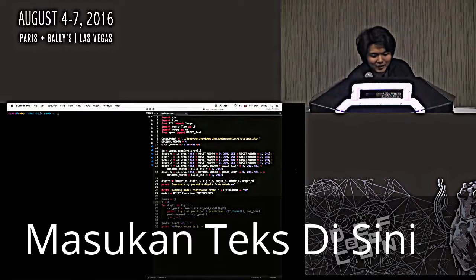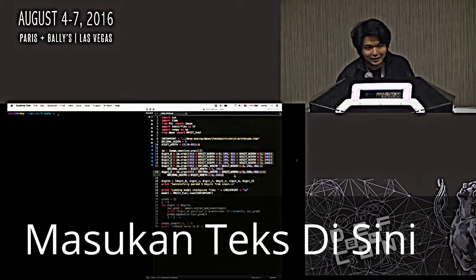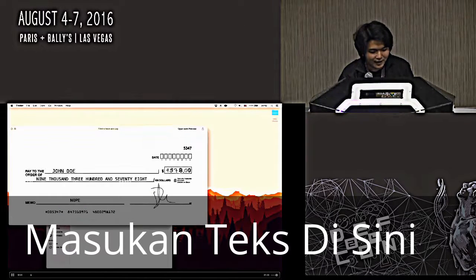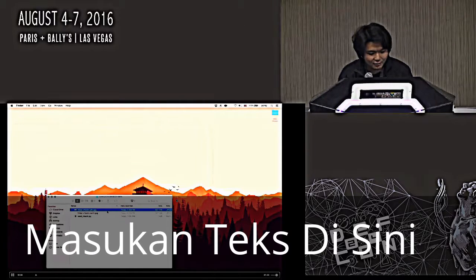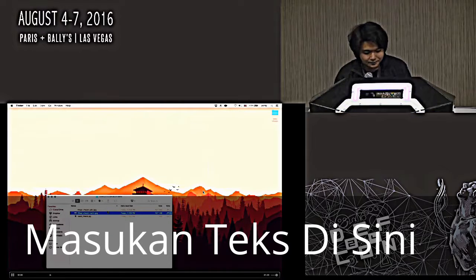What I did beforehand was to generate some adversarial images and then fill in two copies of the checks, one with normal images and one with adversarial images. If we go back a bit, this is the adversarial one, and this is the normal one. They look pretty identical. Just look at the digits portion.